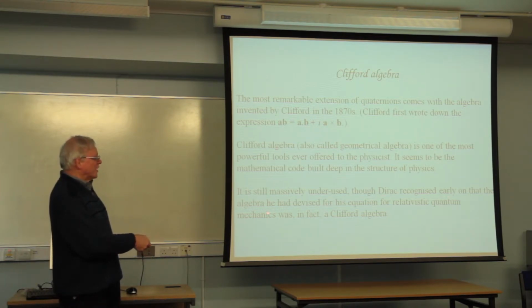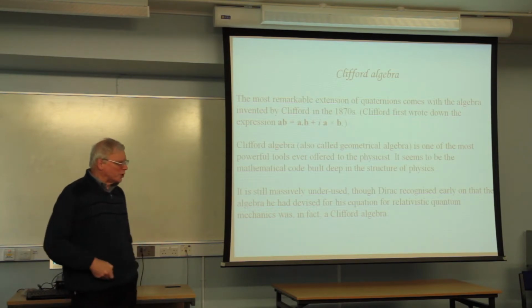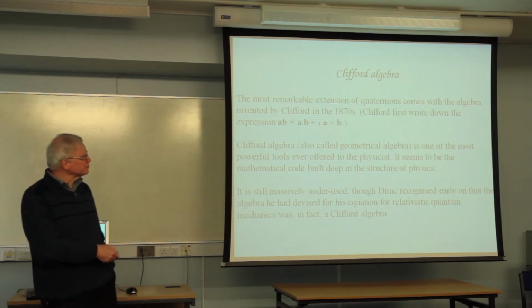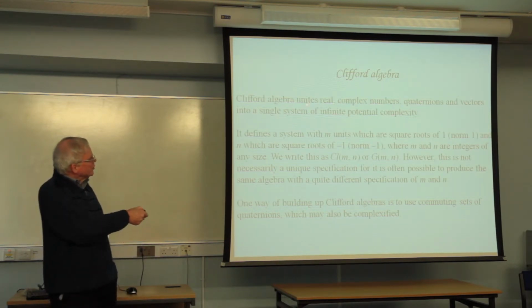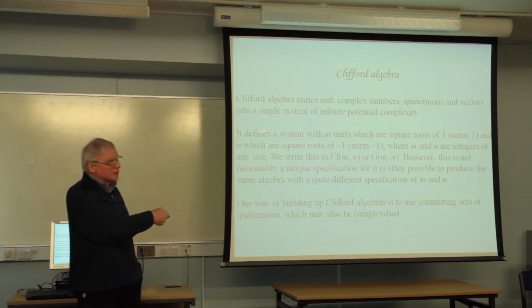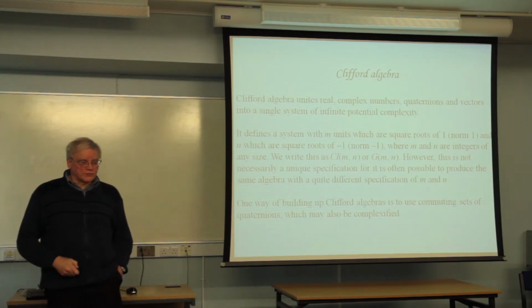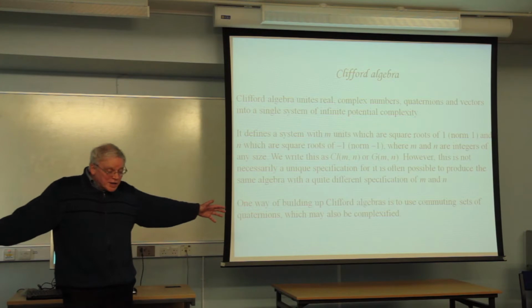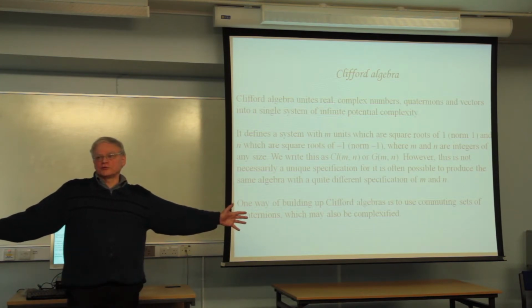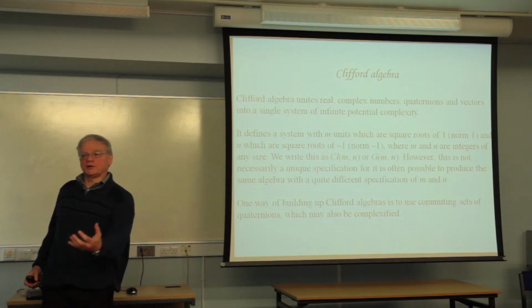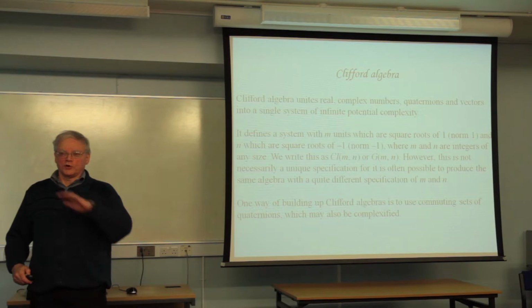Dirac realised early on that his own algebra was a version of Clifford algebra, but he never wrote it out in any other form than the matrices, to my knowledge. This algebra unites anything like real complex numbers, quaternions, vectors into a single system, and you can also do a version of it using octonions. I think it's the words infinite potential complexity that might stop people. Well, what I mean is that you've got any amount of these systems you can join together into a larger system. You can have one that just deals with three-dimensional space, and then you can go to any dimensionality you want, is what I mean.